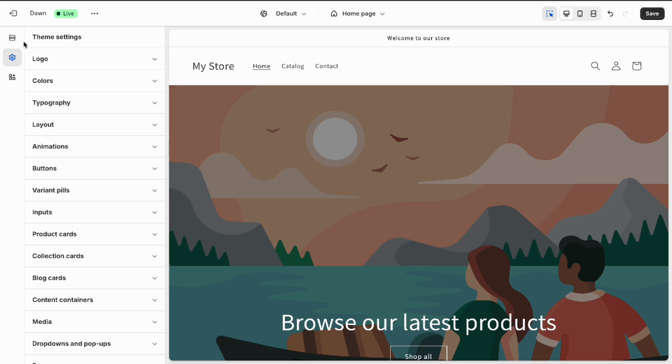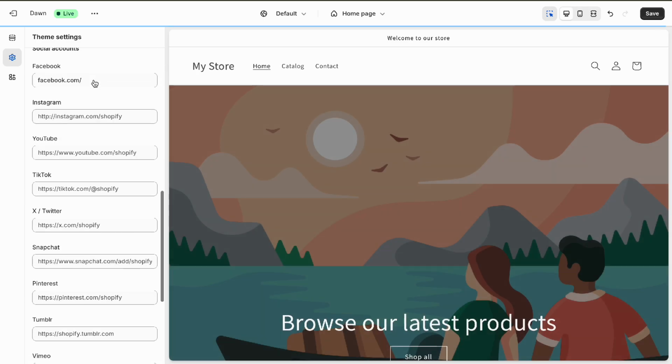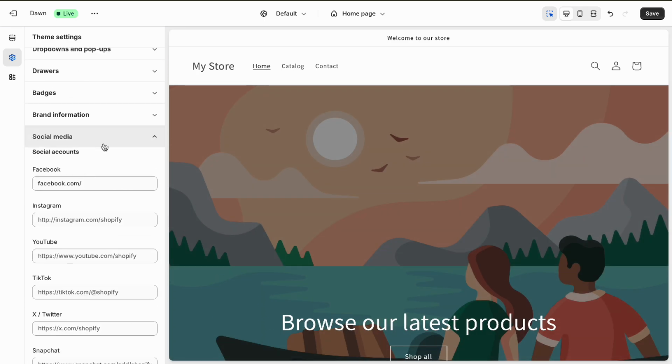So again, just go to your own theme and then theme settings, scroll down until you find your social media,